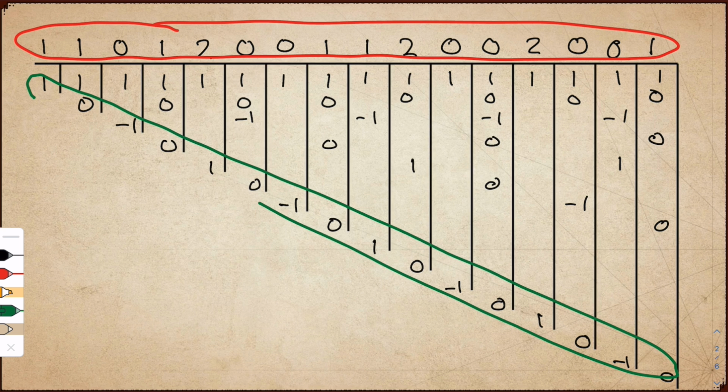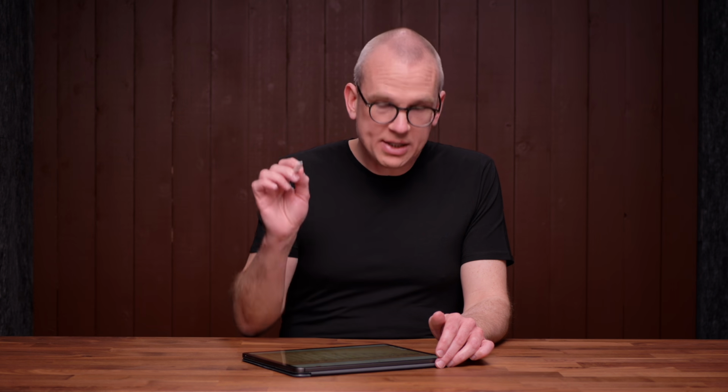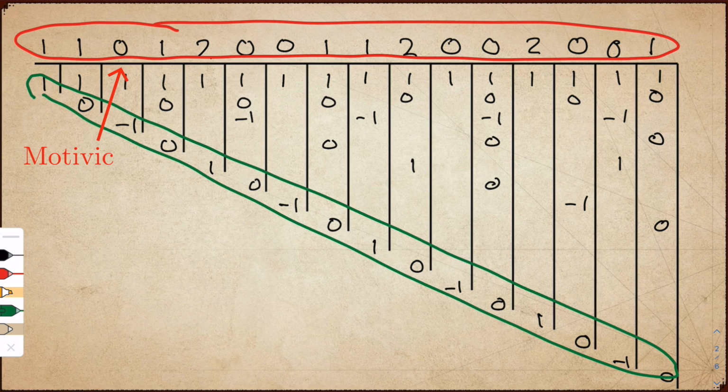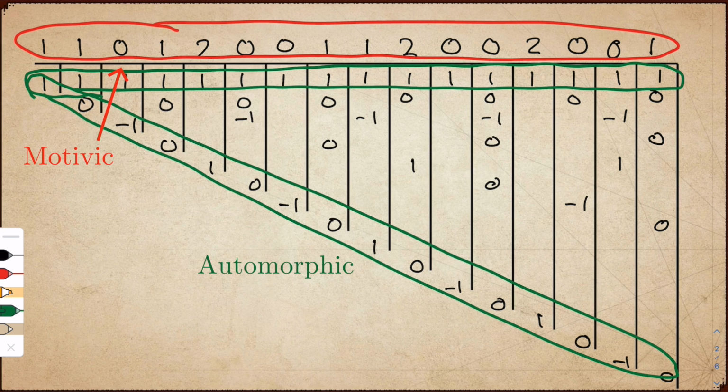Now, this diagonal is actually an automorphic L function. It's one of the simplest automorphic L functions in nature. And we have reconstructed the original motivic L function using this automorphic object together with, in some sense, the Riemann zeta function, where the coefficients are just 1, 1, 1, 1, 1, 1, 1, 1. The Langlands program.